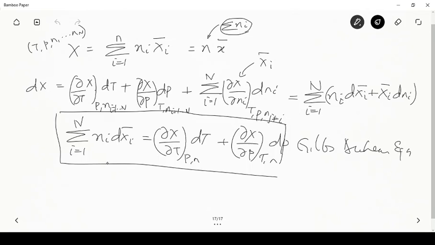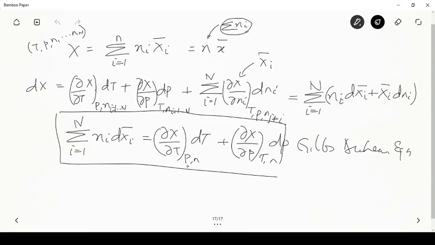We'll talk about it when we go to the next module on phase equilibrium and chemical equilibrium. But right now, let's keep this as a result which will be useful in future. At the moment we'll not bother. The next thing that I wanted to talk to you about in today's class is